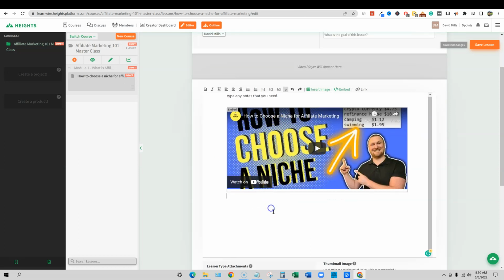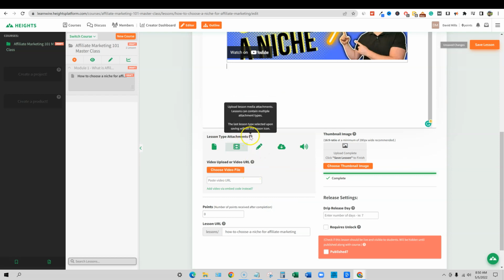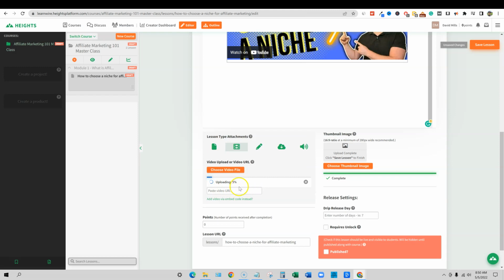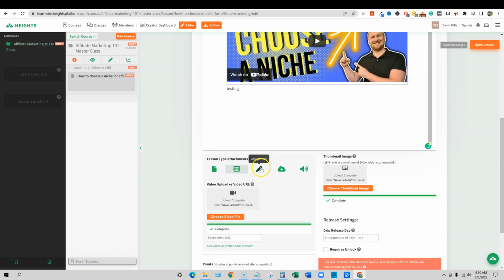You can do that. Then there's also now right here, lesson types. Now I thought that the video section, if you're going to have them host the video, you had to have an upgraded package, but let's just go and do this and see what it looks like for them. So you can also upload the video inside of here as well. Or you can paste the URL right here and they'll go out and do it for you. We don't need the drip release. And you can make this an assignment, download, audio, text, image, and video.